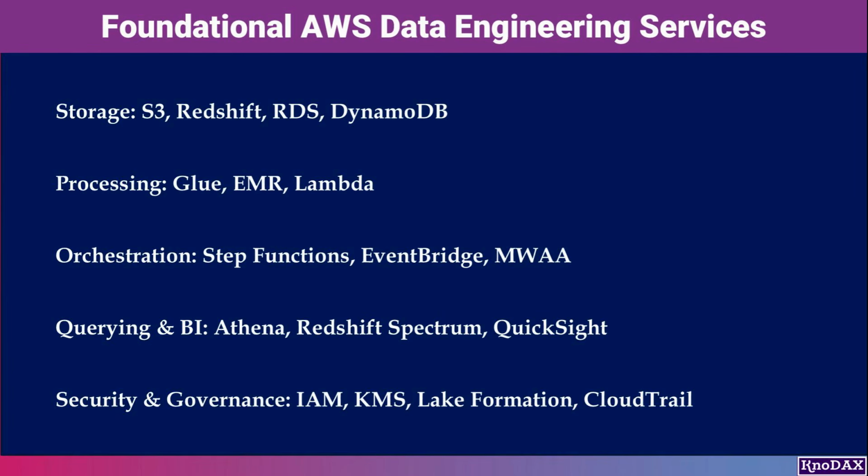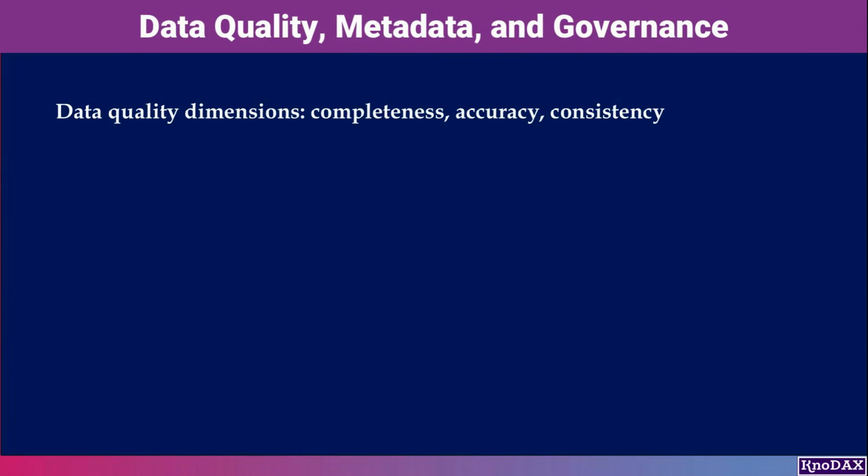IAM controls permissions, KMS secures data with encryption, Lake Formation manages lake-wide governance, and CloudTrail provides full audit logging across the environment. Together, these services create a complete, end-to-end data engineering platform on AWS, from ingestion and transformation to analytics, orchestration, and governance. As organizations scale their data platforms,